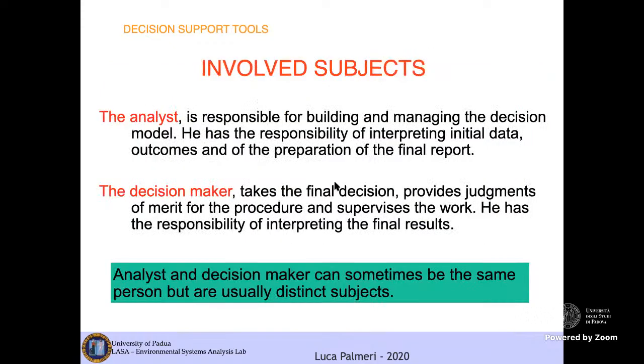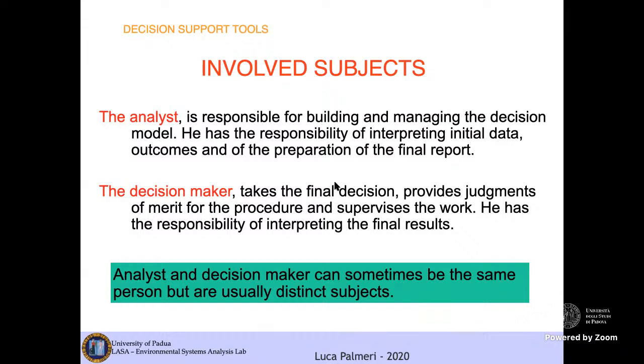What are the involved subjects? The analyst, typically you, the environmental engineer, is responsible for building and managing the decision model. The analyst has the responsibility of interpreting initial data, outcomes, and of preparation of the final report. And then the second important subject is the decision maker, typically policy makers, who takes the final decision, provides